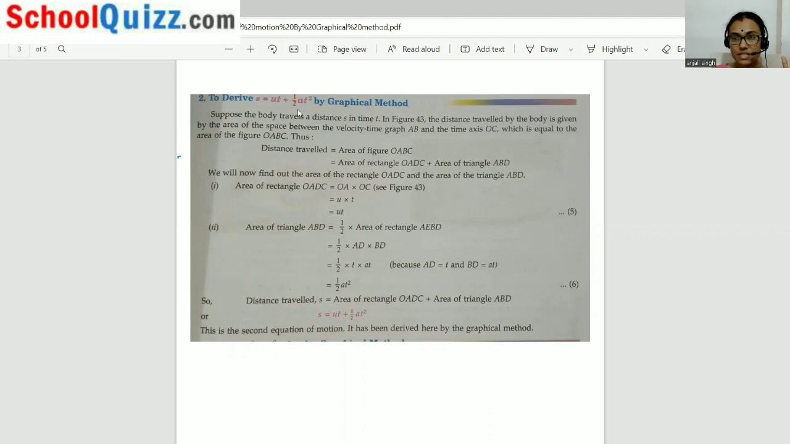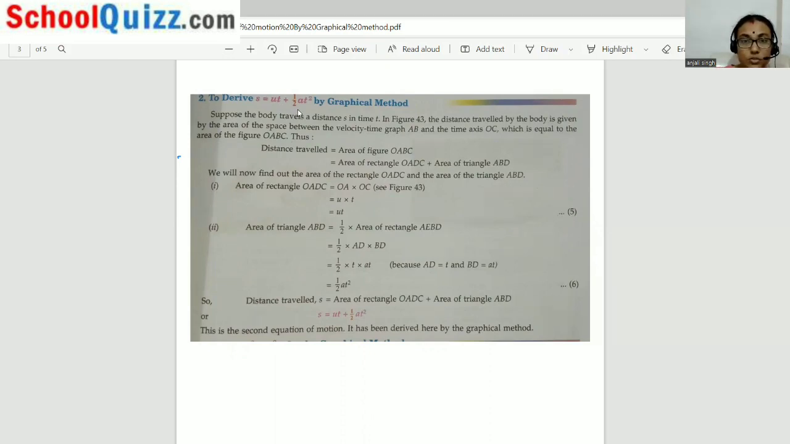Okay, if they are asking all three, it is very tough as well as lengthy. So they are asking only the first equation, derive first, or derive second, or derive third. Okay, so now, for the second equation of motion, we will see how much distance is traveled by